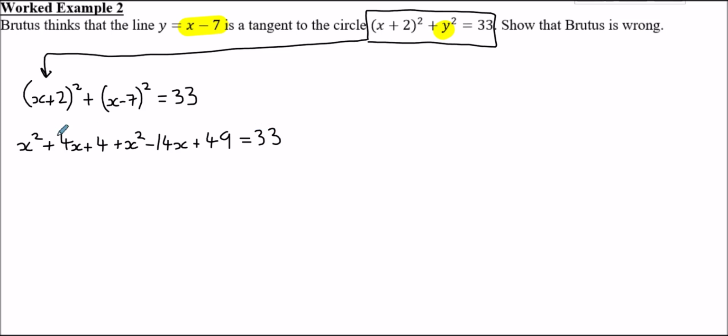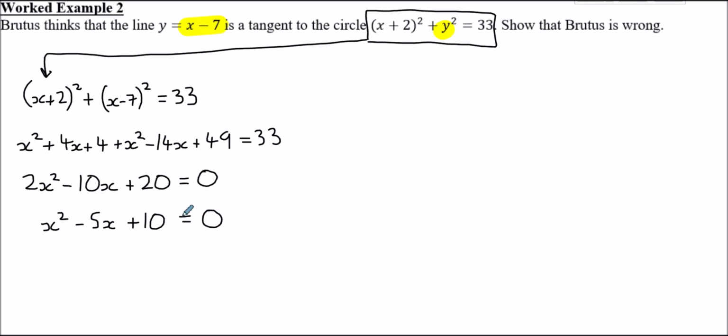So let's neaten this up a bit. We've got x squared plus x squared, so we're going to have 2x squared, plus 4x minus 14x. That gives us minus 10x. 4 plus 49 is 53. So when we subtract 33 from both sides, that's going to leave us with positive 20. That equals 0. Again, like before, all coefficients are even, so we can half everything. So dividing through by 2 gives us x squared minus 5x plus 10